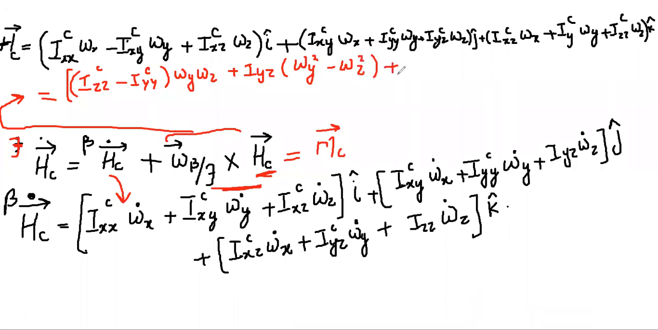plus omega x multiplied by omega y Ixz about C, these all are about the center of gravity, minus omega z Ixy about the center of gravity, and this entire term will be along i cap. Okay, plus the second term will be Ixx